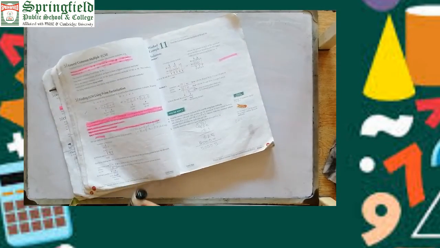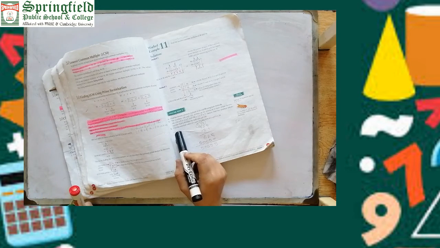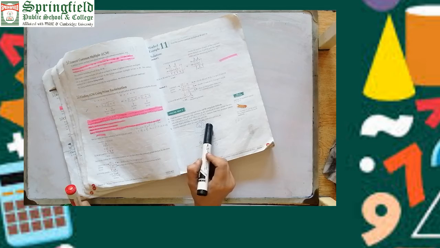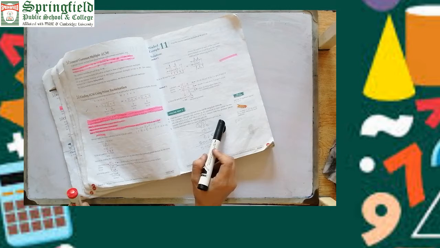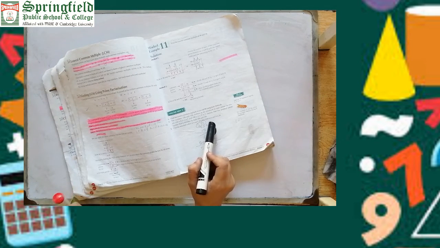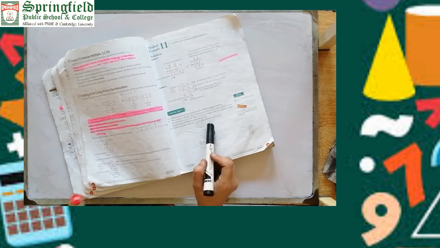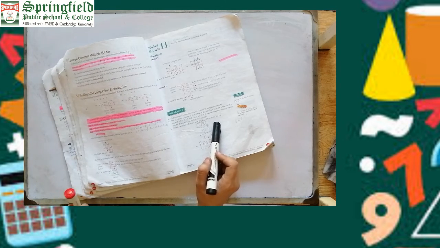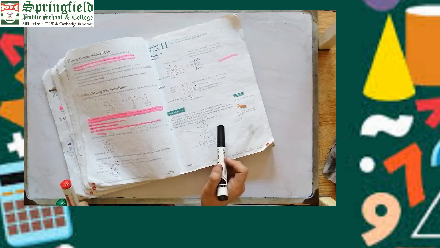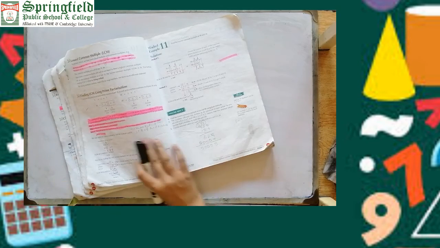Now come on to question number 3. In question number 3, they are saying, do the practice of 1 and 2 in the notebook, and find the smallest value of n such that the least common multiple of n and 6 is 24. We don't know what the value of n is, but the least common multiple of n and 6 is equal to 24. So what is the smallest value of n? How can we find it? Look at the board.